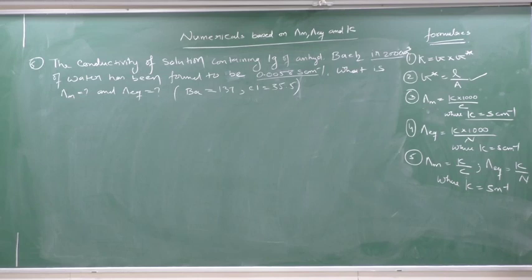What is lambda m, lambda eq? Clear? So they have given it in centimeters. I hope you are understanding. So now here Siemens per centimeter they have given. They ask you to find lambda m and lambda eq. So these two formulas you have to use. Our work is just to calculate C and N, that is, you have to calculate molarity and normality and proceed with the problem.